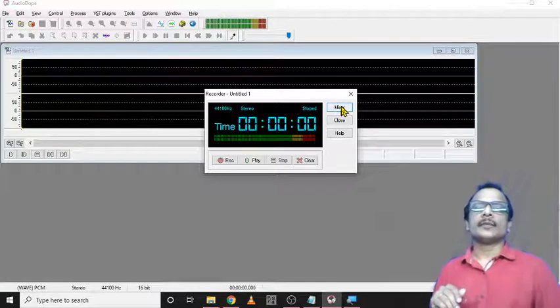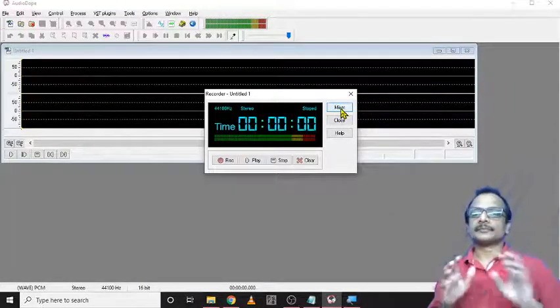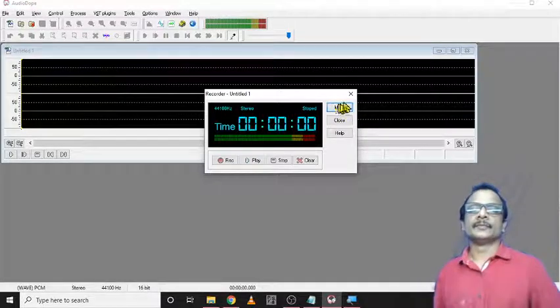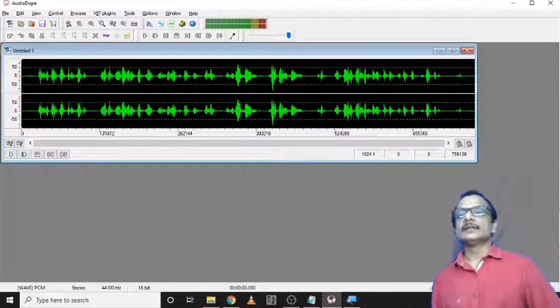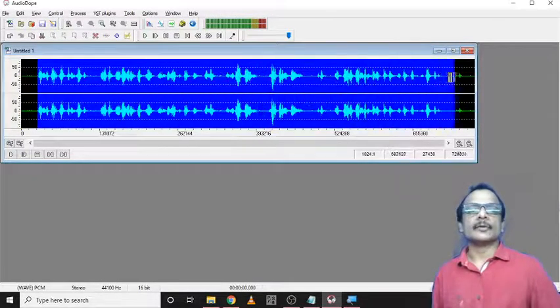Now I am going for mixers. Mixers are for changing the voice. It will take some time, so I just close it. See, this is the spectrum of my audio.